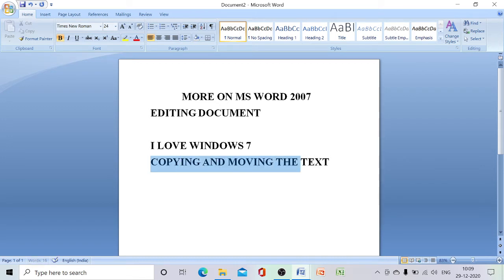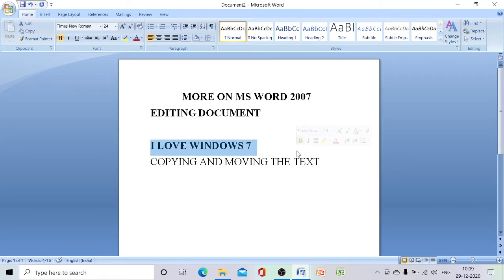For that we have to use the Clipboard option. To copy the text, first we have to select the text that we have to copy, then we have to click on the Home tab.